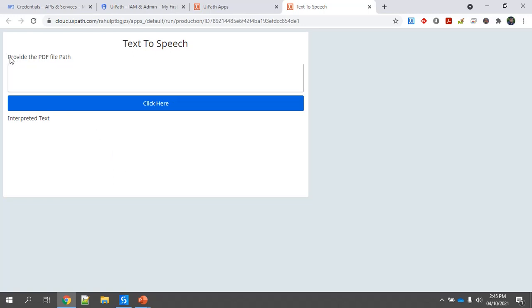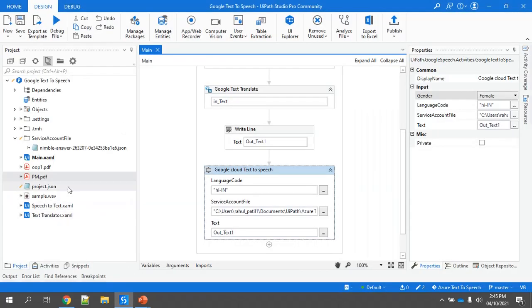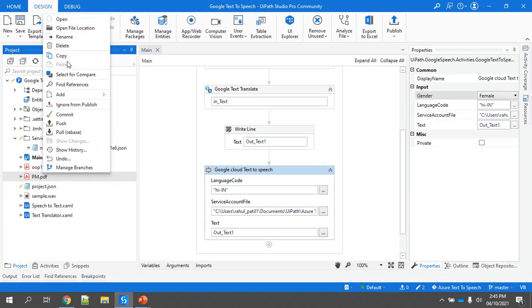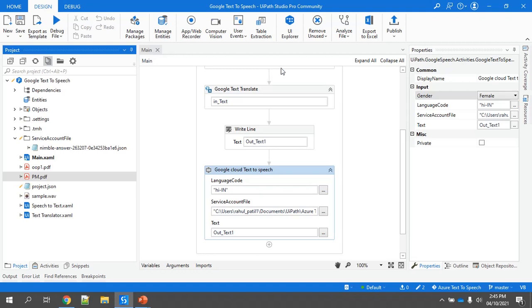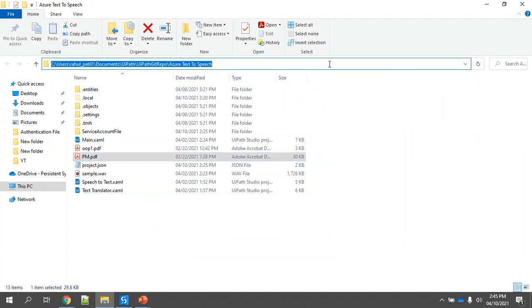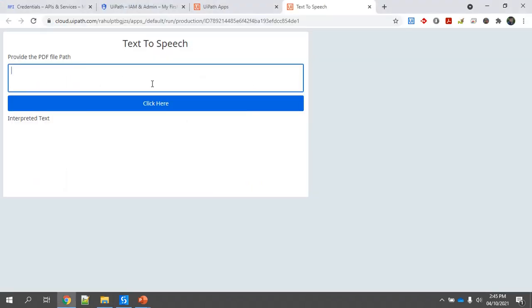And what we are going to do here is provide our input file path, so the PDF file path, whatever PDF file is there. Let me just copy this path, and we will provide our PDF file, and here we will click this button.